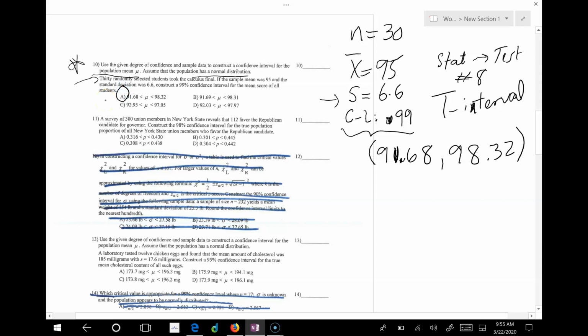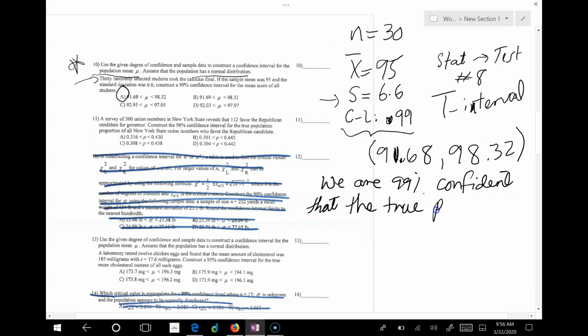You say, we are 99% confident that the true population mean, because it's about mean,